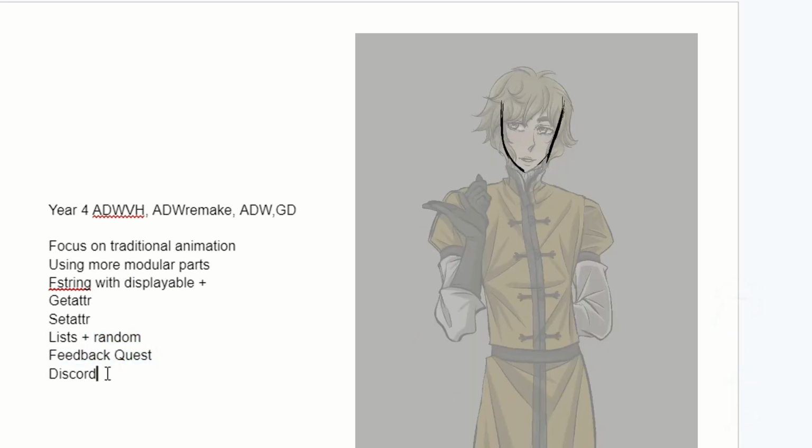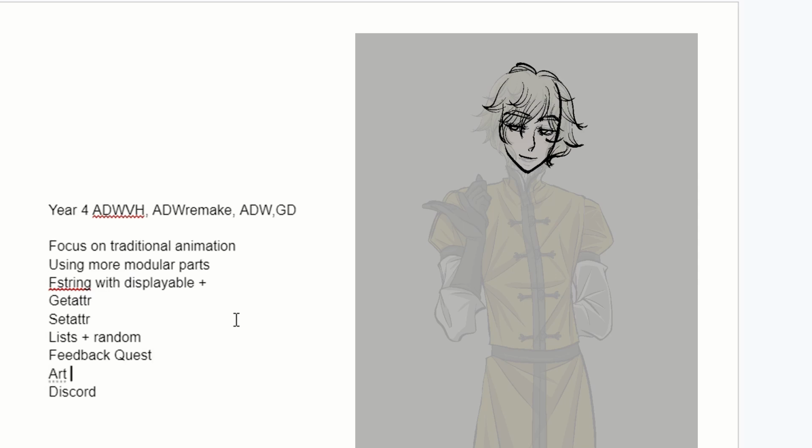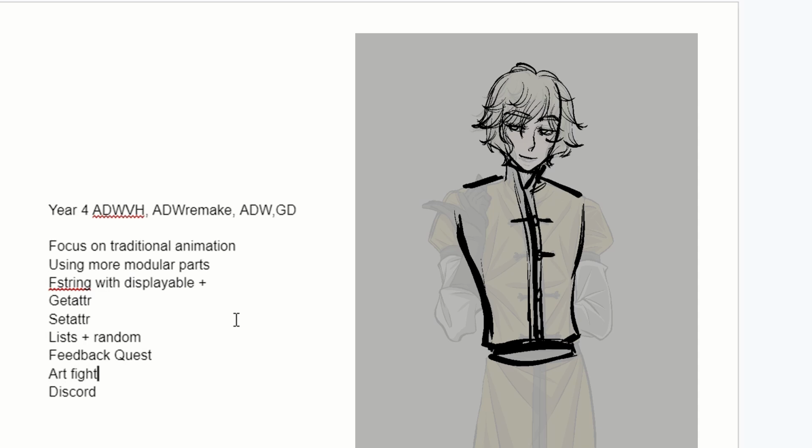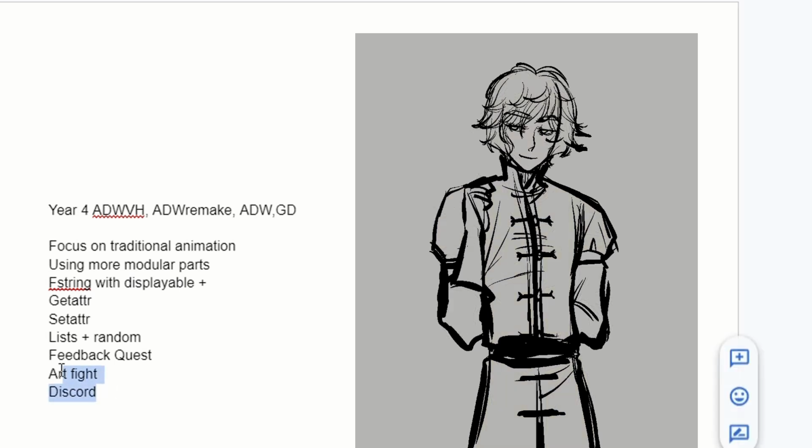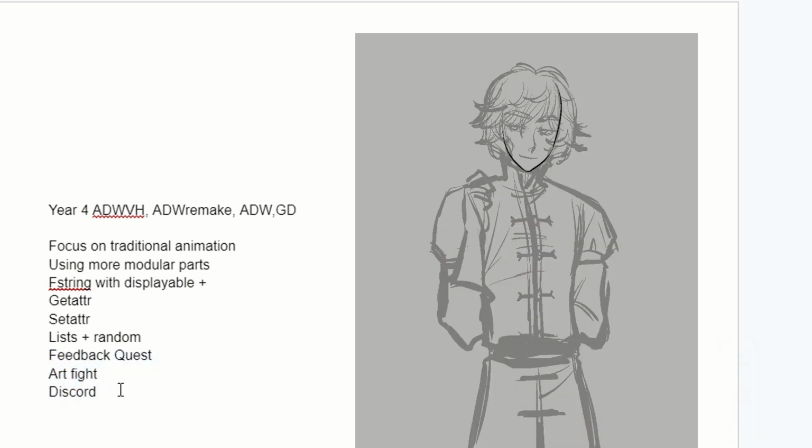Still trying to collaborate more and build up my sense of community by participating in feedback quests at the beginning of the year. I forgot to mention Art Fight. I participated very lightly in that, and also joining the Discord. So I wanted to make sure that I included this part as part of my development journey, because I think